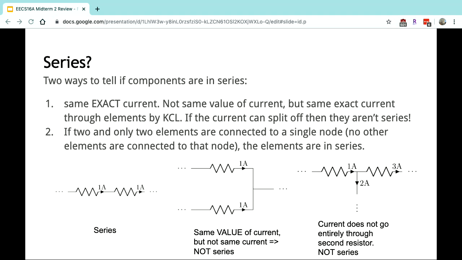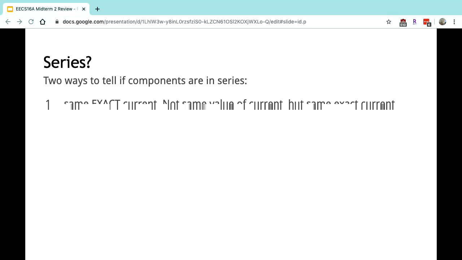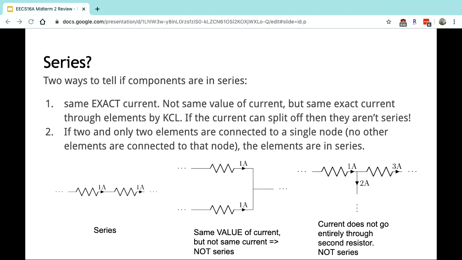Hooray. Okay. The next thing to know is how to identify whether something is in series or in parallel. This is something that can really easily be mistaken a lot of the time. The key thing to note is that you have to make sure they have the exact same current through both of the elements. Then you know that those 2 elements are in series. So this means that if they don't have the same value of current, they aren't in series. The input current has to equal the output current, right?